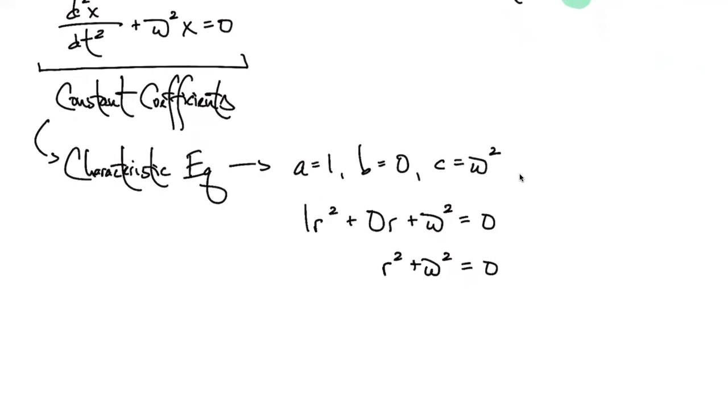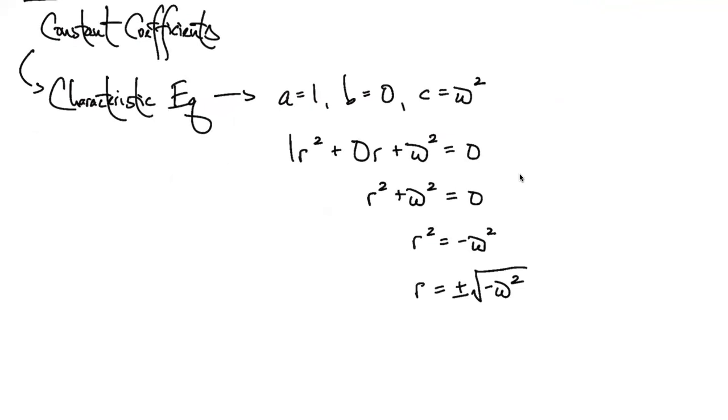Now, if I want to solve for the root, I can subtract the omega squared from both sides and then take a square root. So I'll have r squared equals negative omega squared. R equals plus or minus the square root of negative omega squared. When we take the square root of a negative, we're going to have an i, and the square root of omega squared